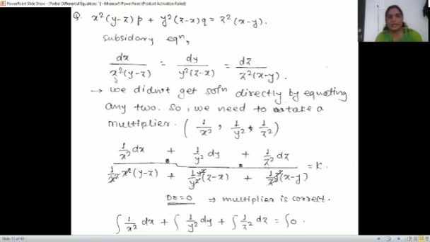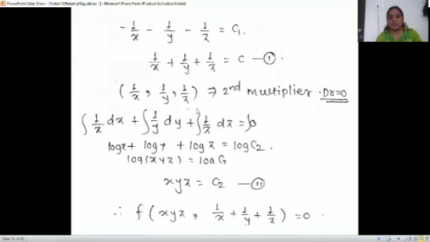So that term should be xy, means here 1 by x should be there. So I have to multiply by 1 by x. So it is xy minus xz. Here it is 1 by y. So plus yz minus yx, and it will get cancelled. And if it is 1 by z, then xz minus yz. Right? Everything will get cancelled. So this is the second set of multipliers.